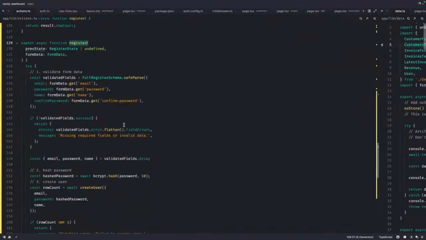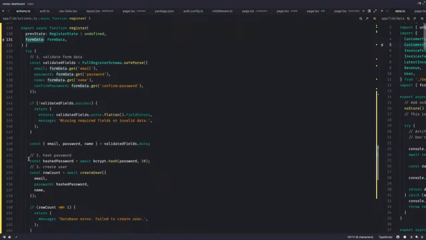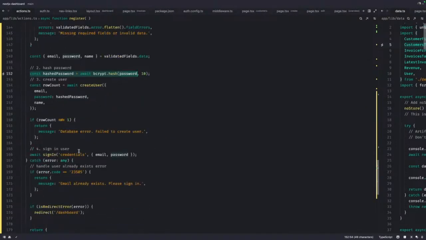If you look at register, it is expecting you to pass it the previous state and maybe a form data. And what I can do is validate the data, hash the password, create a new user record in the database, and also sign in the user automatically. So these are the list of steps that the register method really does.